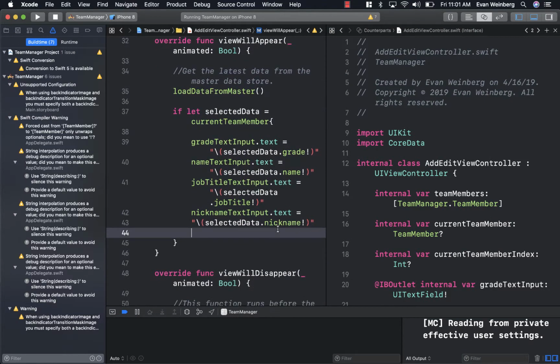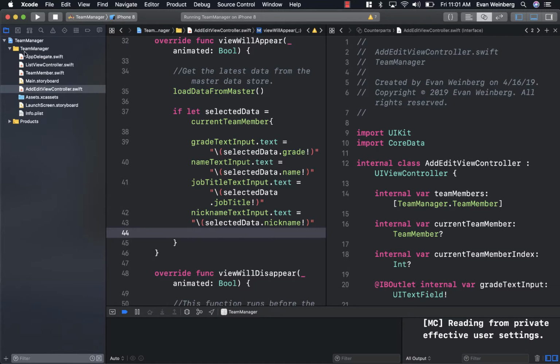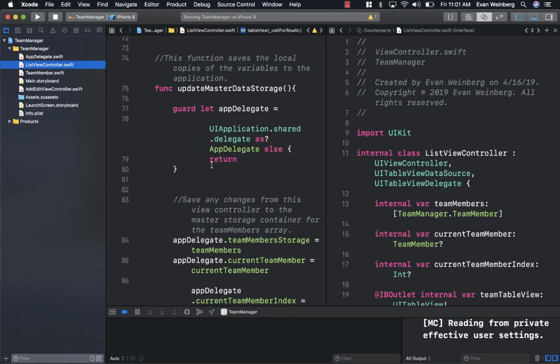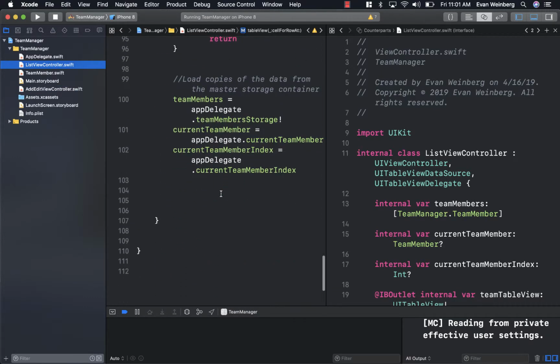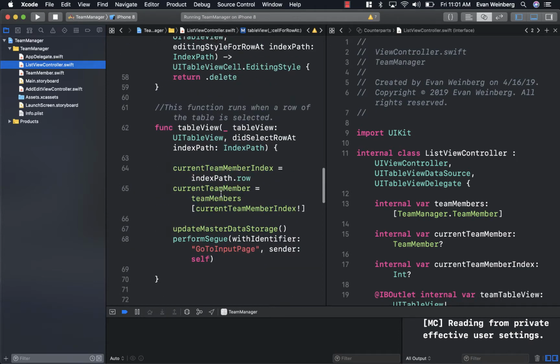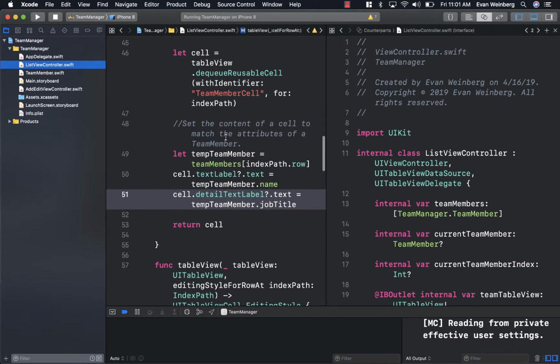So next thing, now that I know that I'm correctly saving the nickname, let's display it. I know that I am displaying things in the list view controller. And so what I'm going to do is go up to the place where, right here, where I set content of the cell to match the attributes of team member. I'm not really using